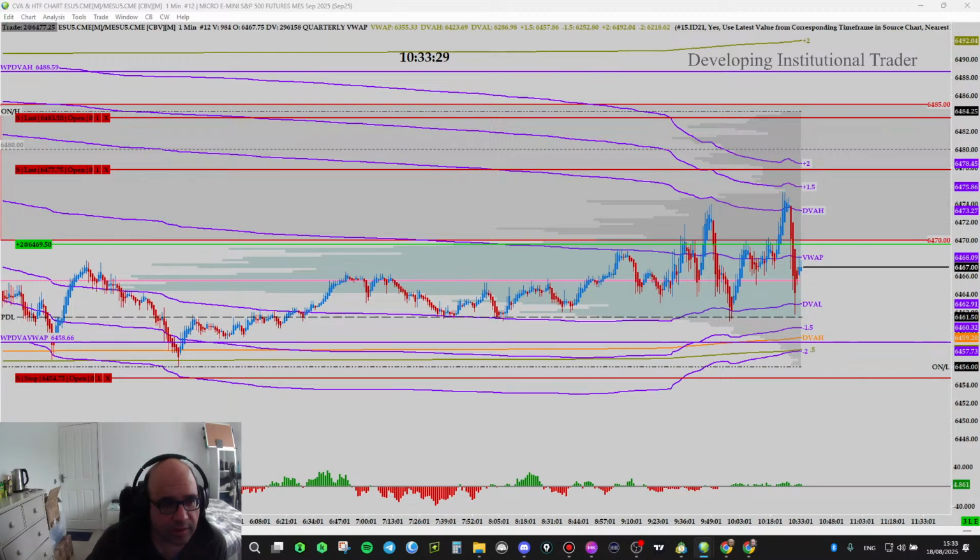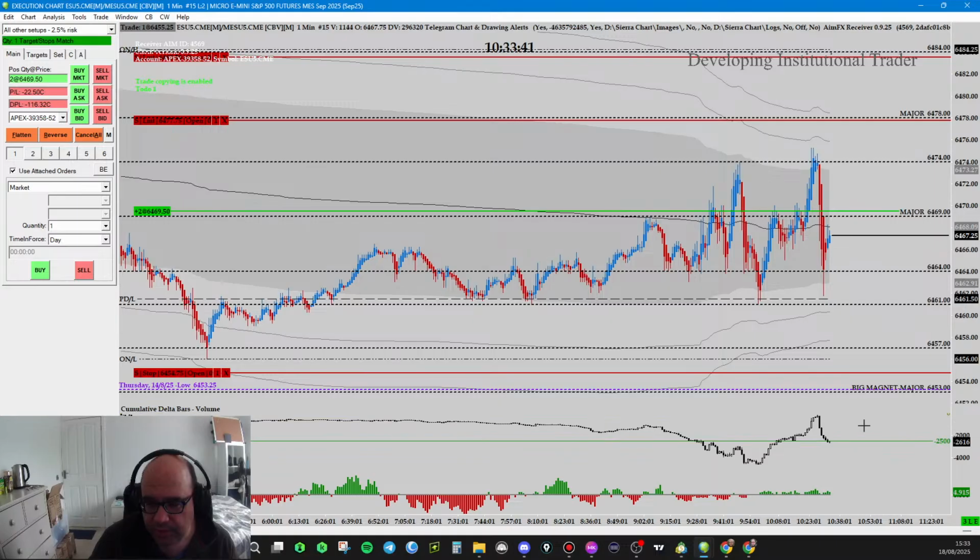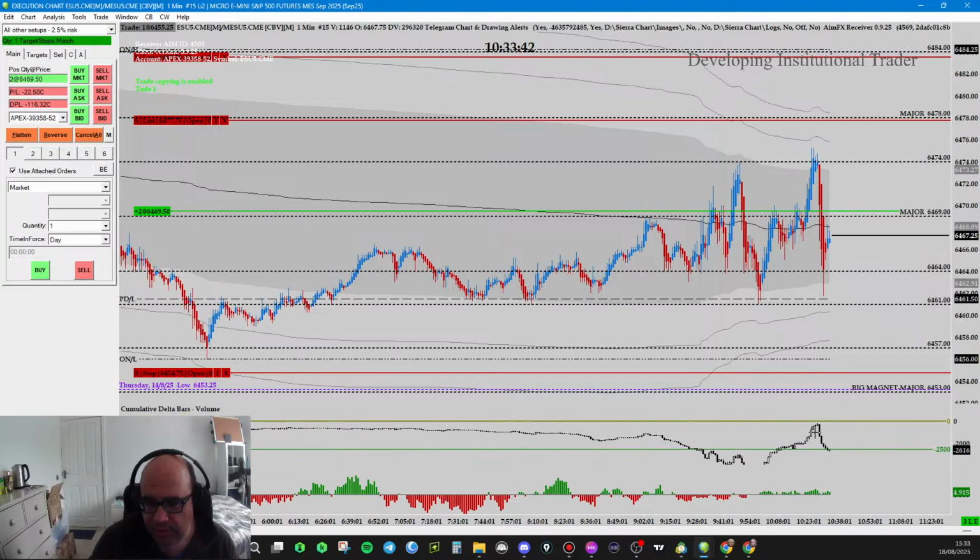Just one thing to mention that we need to consider: if we see here, the delta basically just tested the zero right at the point of the DVA high. That's why we had this huge, massive pullback, and it got rejected. So that's why we had this sudden out